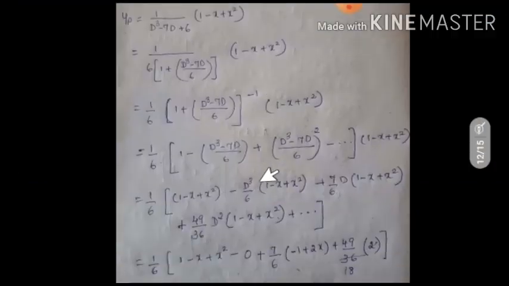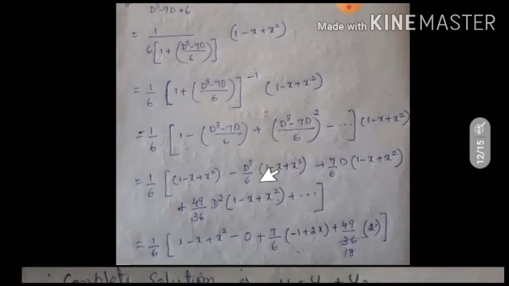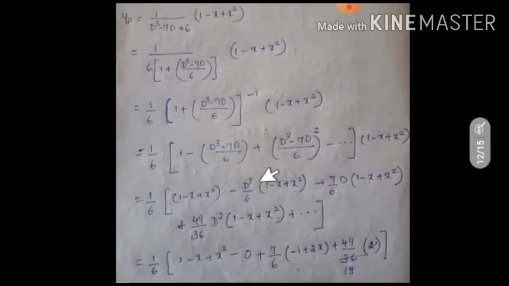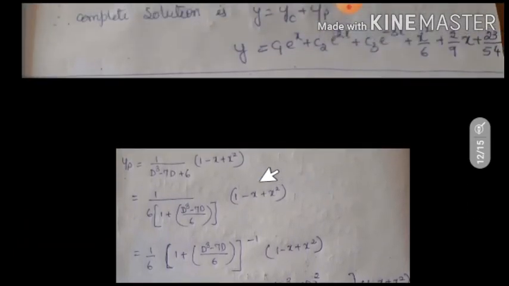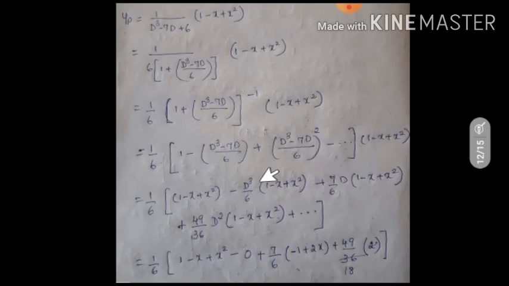Okay, next page. One minute. The simplified answer. Okay, the simplified answer here, 2 by 18. Use calculator. See, only the x square term is there. So the x square term you will get using a calculator, or you can do your own calculation.